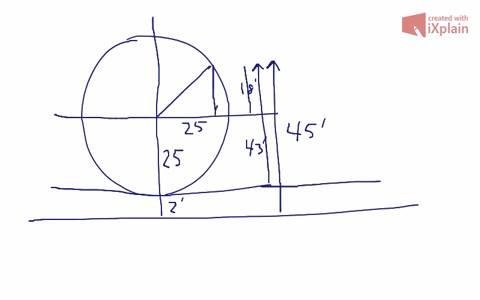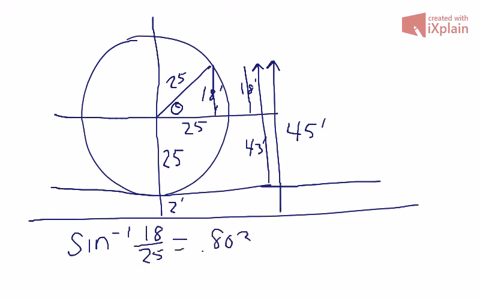Notice that the height of that right triangle is 18 feet. The hypotenuse is a radius, so that's 25 feet, and we can find the angle theta using the expression inverse sine of 18 over 25. And in radians, that's 0.803802